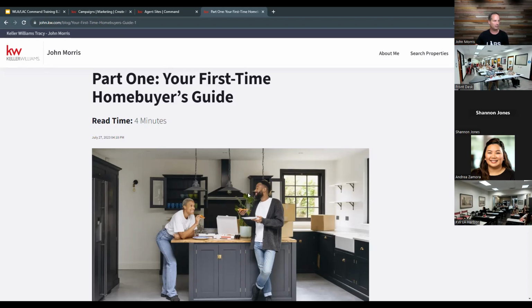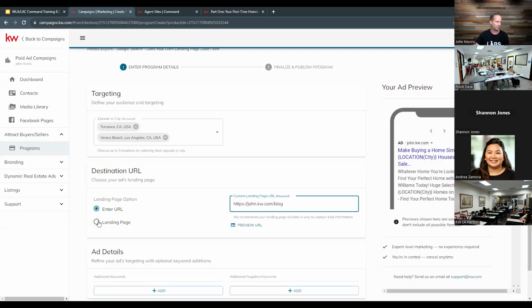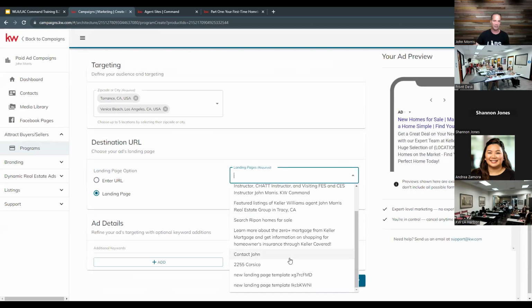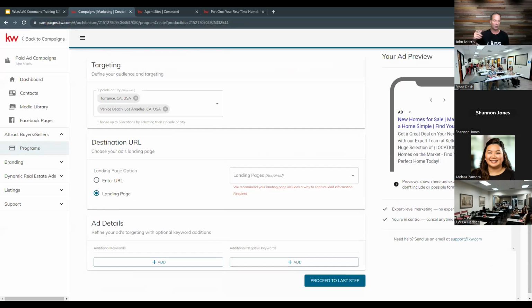So under the campaigns, again, we enter a URL. If there's a landing page that we've currently created and we want to send them to a landing page, we can click the landing pages. And then this allows us to go in and find the landing page on our website that we want to utilize there. Now, one thing is that the new websites, when you convert, right now, there isn't going to be a landing page option inside of there, or to create specific landing pages,